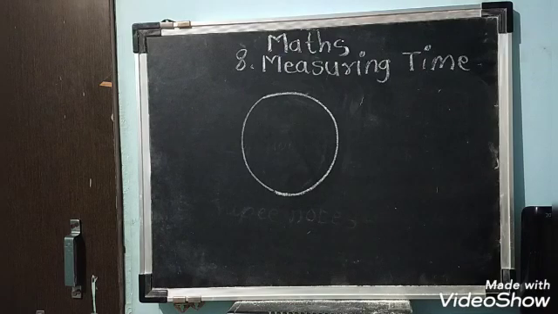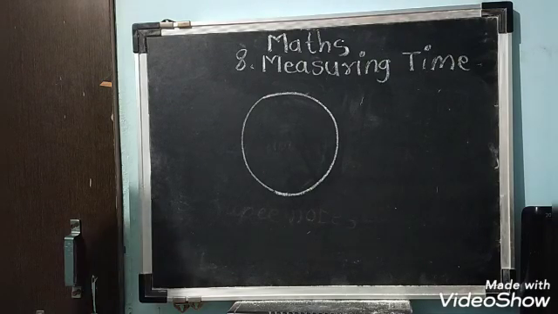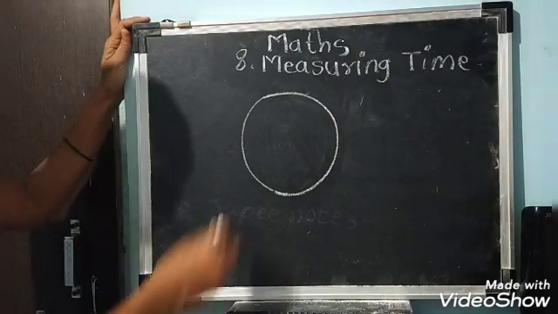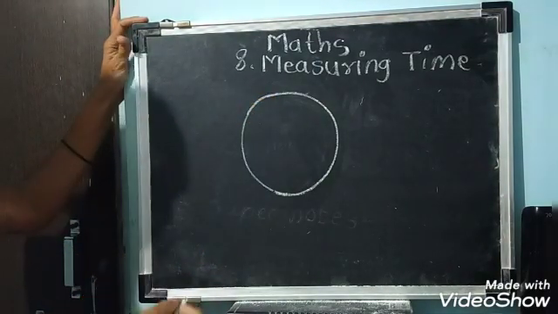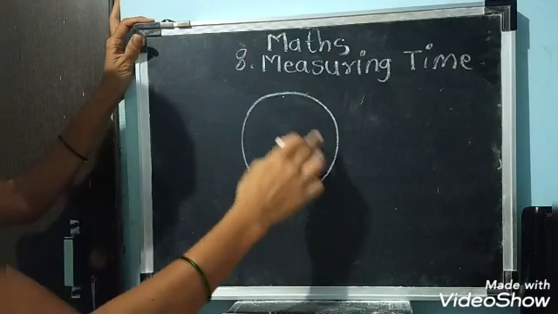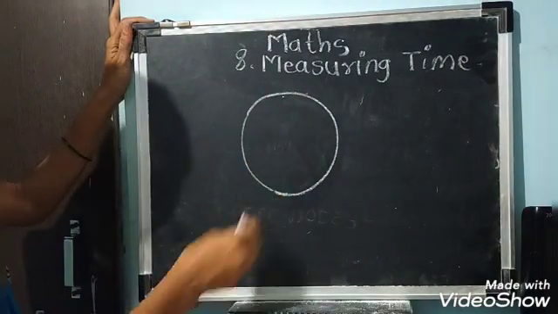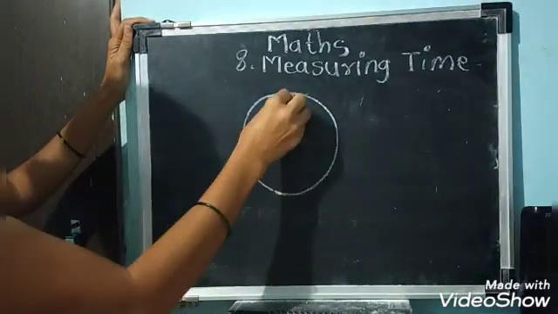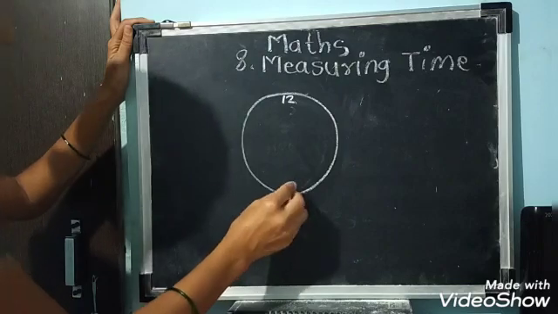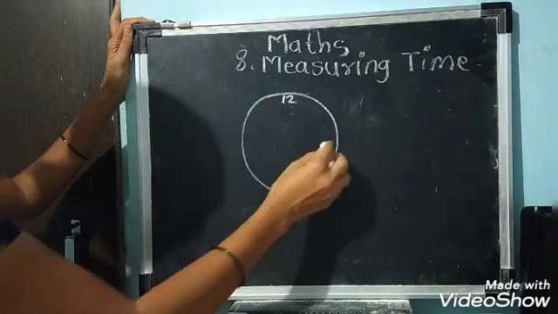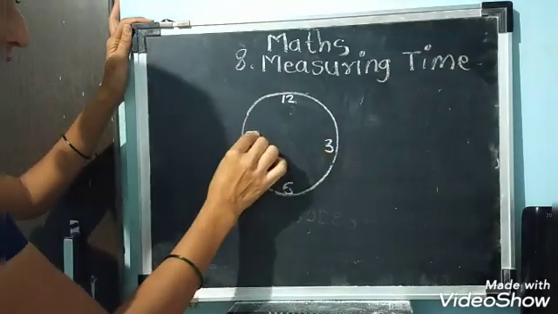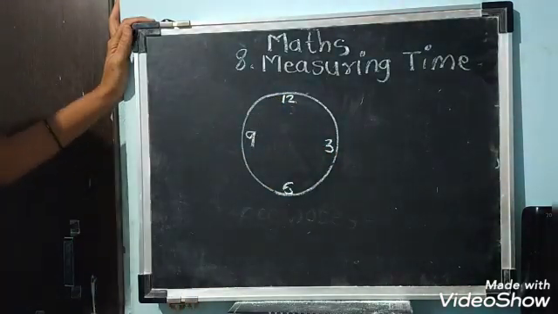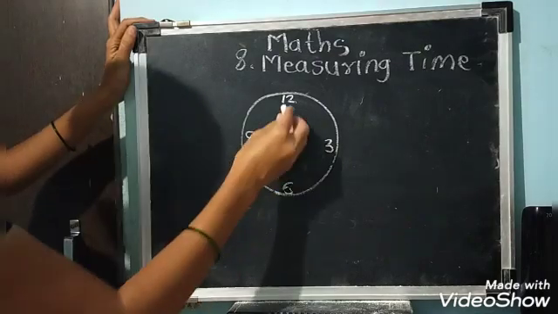So now I am going to tell you the hands of clock and how we can draw the clock. See here, observe carefully how I am drawing the clock and where I am putting the numbers. See here, first draw circular shape. Now here 12, opposite of 12, in front of 12 you have to write 6. 6 and 12 must be in a straight line. Here 3 and here 9. First you have to write these numbers and then in between write down the numbers.